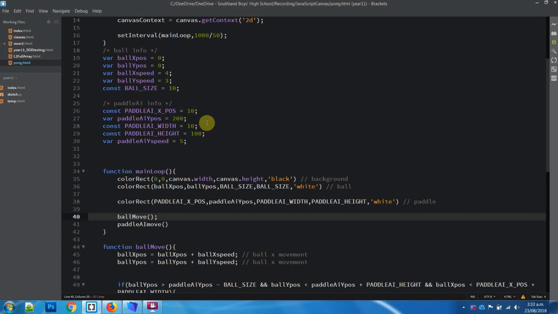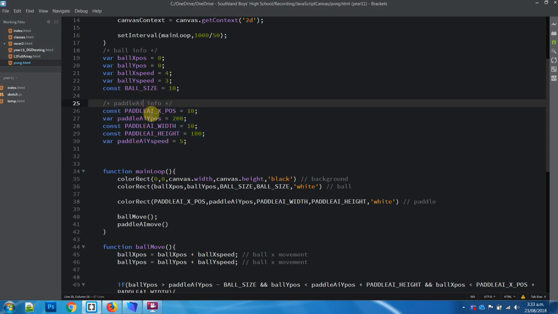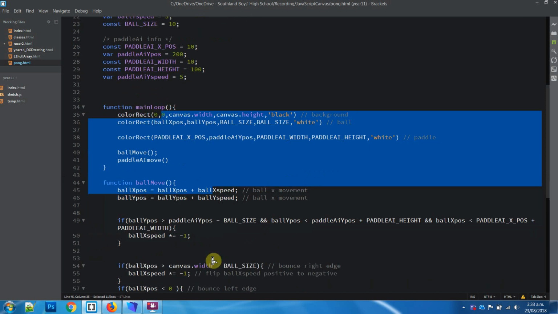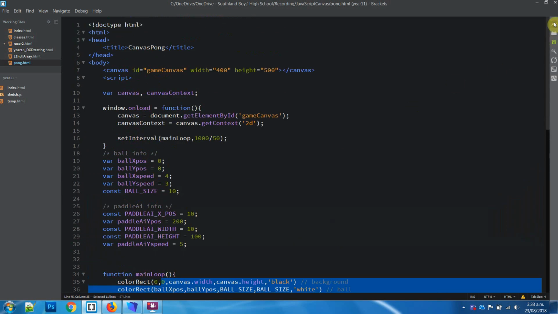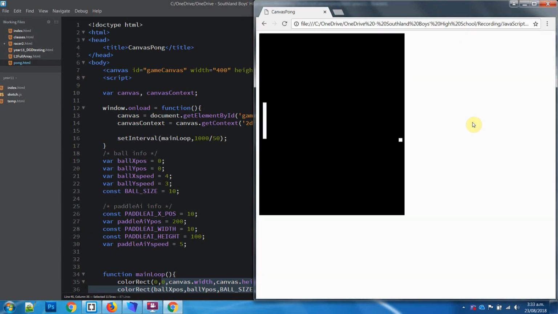Righto, so what we're going to do is I've updated the paddle info to paddle AI because it is what it's doing. So as you can see here, AI all the way through, and obviously everything here correspondingly needs to be updated. So do that, and then obviously check that your running behavior is still the same as what you had before. What we're going to do is going to make player paddle,